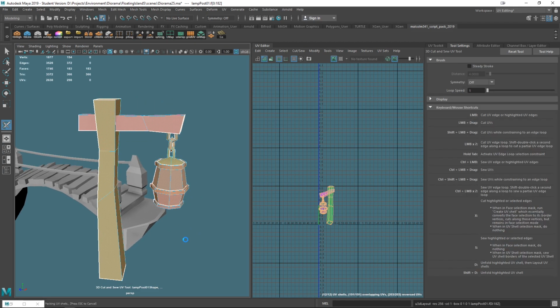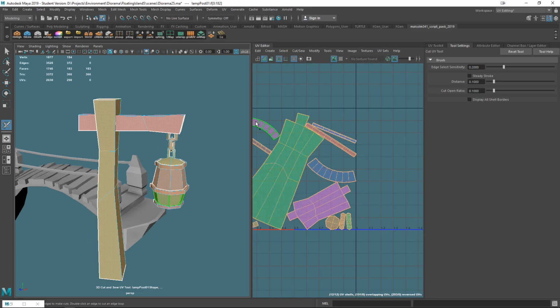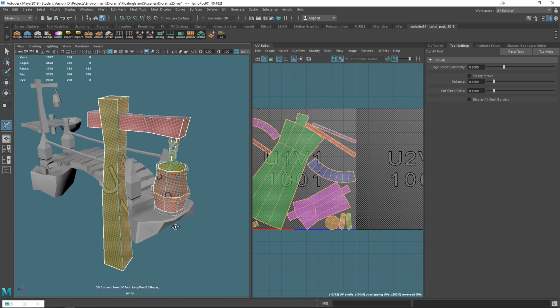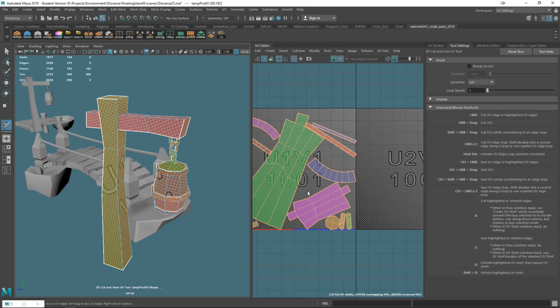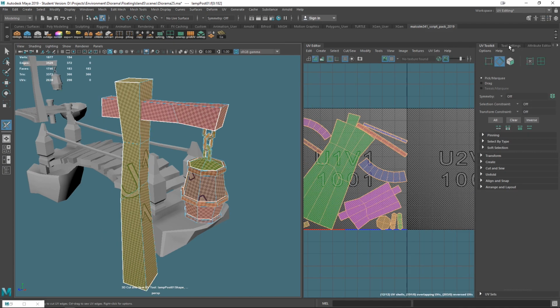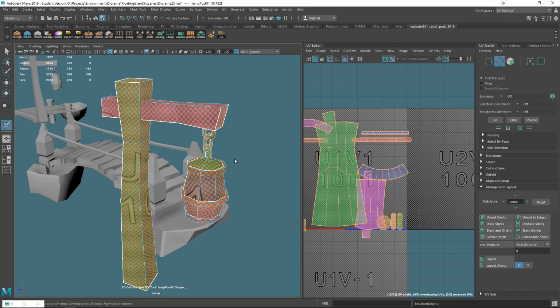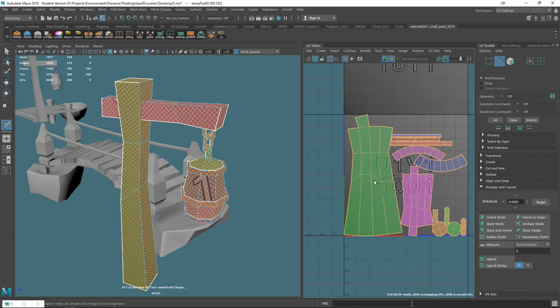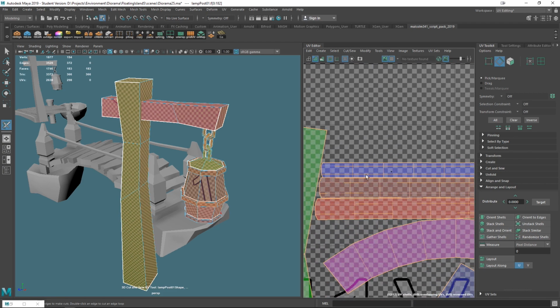Make sure I'm in the viewport, hit D, and that unfolds. I'll just turn my checkers back on. It does it rotated, so if you come into your UV toolkit and go into the Arrange and Layout and Orient Shells, that aligns it nicely. Also, if you go to Layout, there's some overlapping, so the Layout button just packs it automatically for you, leaves a tiny little space in between,